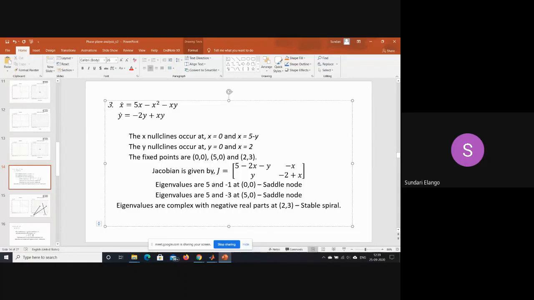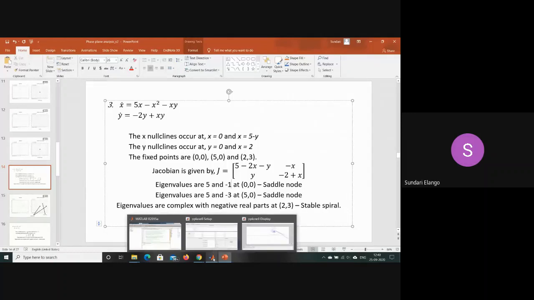Now if you find the eigenvectors that correspond to the eigenvalue 5, then that will give you the direction over which it's unstable, that is over which it gets repelled away, and the eigenvectors that correspond to the eigenvalue -1 will denote the direction over which it's attractive. That is, if you start your initial point closer to that point, it gets attracted towards that direction.